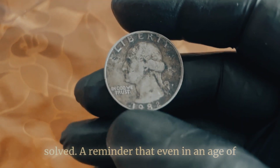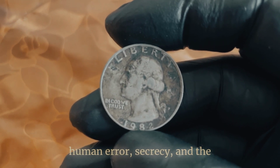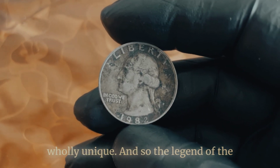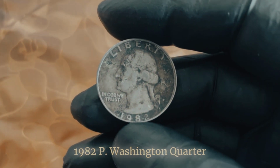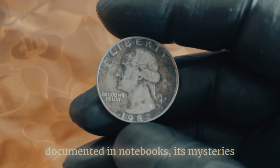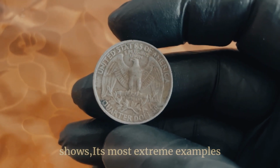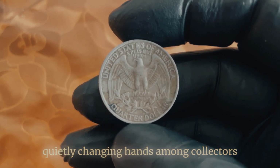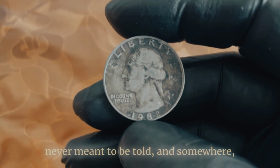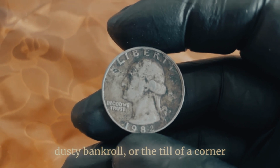A reminder that even in an age of precision machinery and strict oversight, human error, secrecy, and the unpredictable nature of metal under pressure can combine to produce something wholly unique. And so the legend of the 1982 P Washington Quarter continues to grow. Its anomalies documented in notebooks, its mysteries debated in online forums and at coin shows, its most extreme examples quietly changing hands among collectors who know that they are holding a fragment of history, a sliver of a story that was never meant to be told, and somewhere, perhaps in a forgotten jar of change, a dusty bankroll, or the